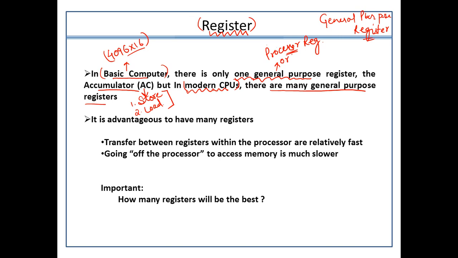Now, why do we need so many? One thing, as I was explaining earlier, is throughput. Throughput is the main factor, because if your system is able to perform the instructions in a fast manner, then definitely you will recommend it. So again, I am going to simplify the same point: why is it advantageous to have many general purpose registers within the machine?